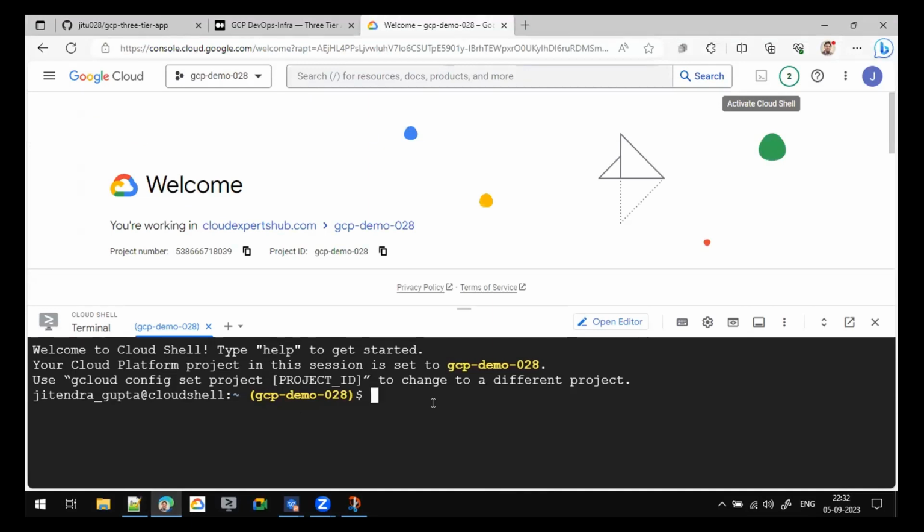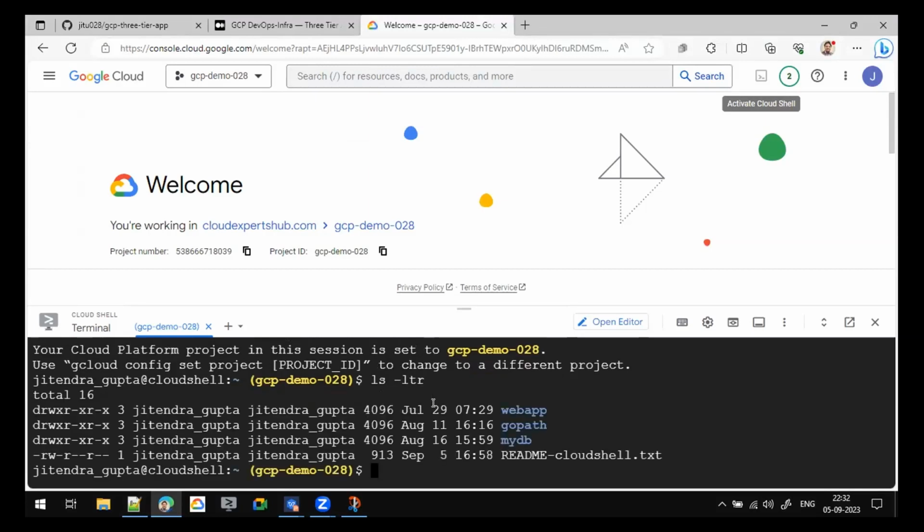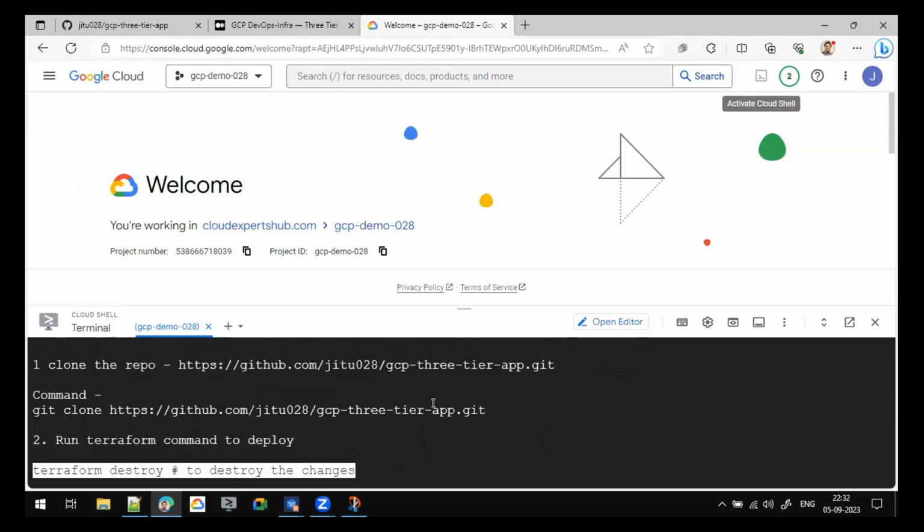Okay, so is everyone ready with the GitHub console? Now let's run this git clone command. I have already shared the commands in the chat. Everyone should have it. So use this git clone, and the name of the